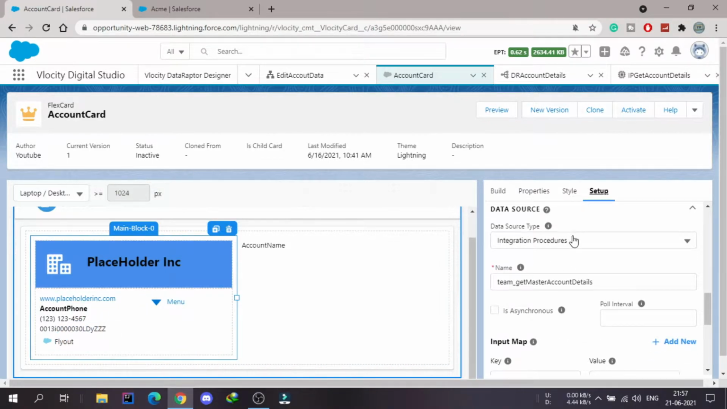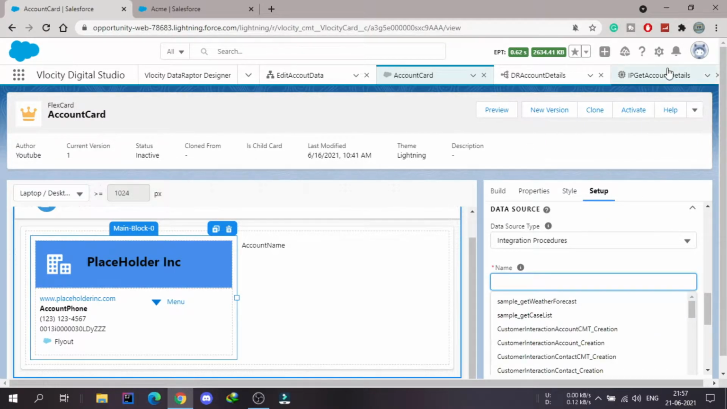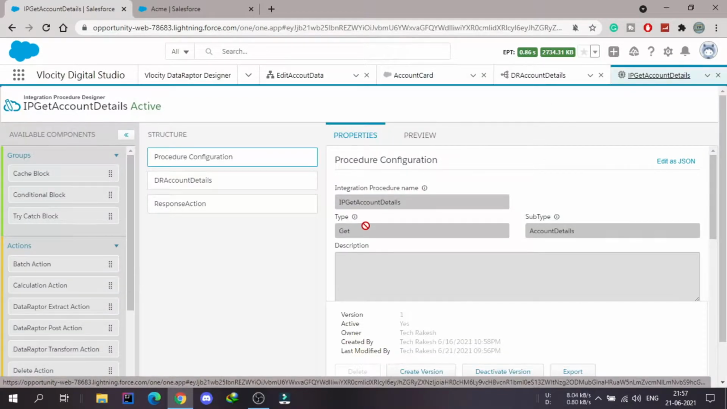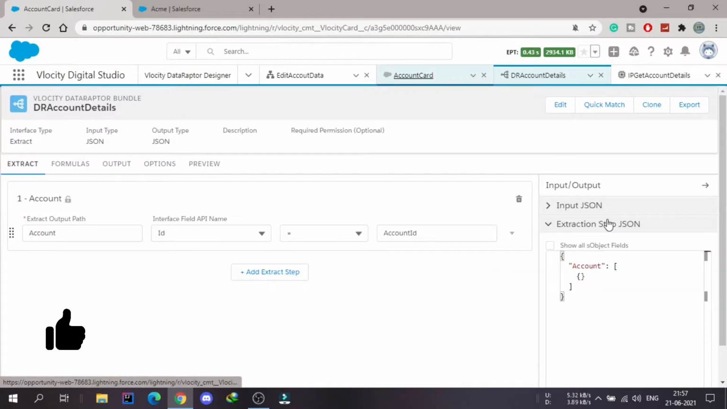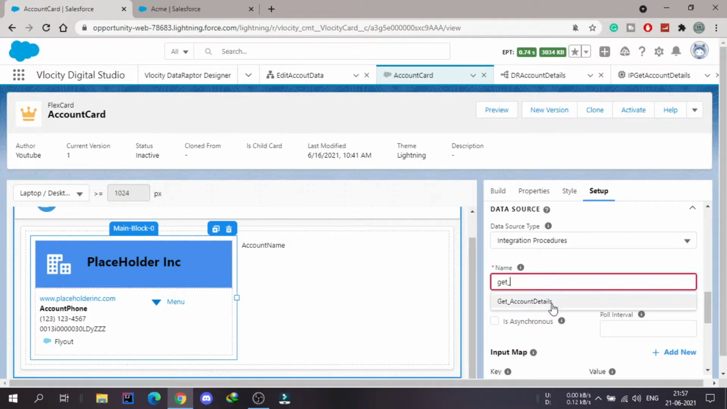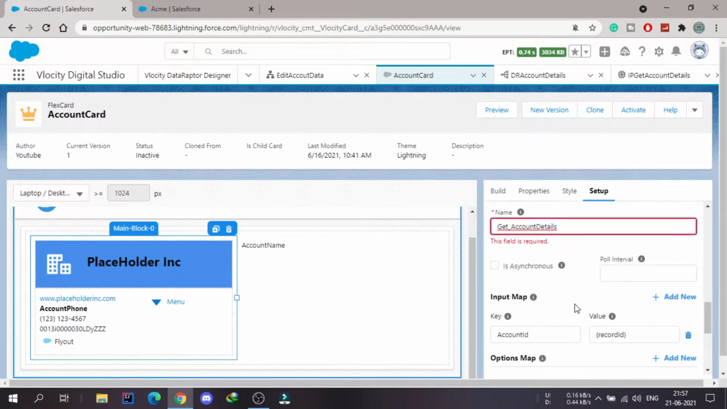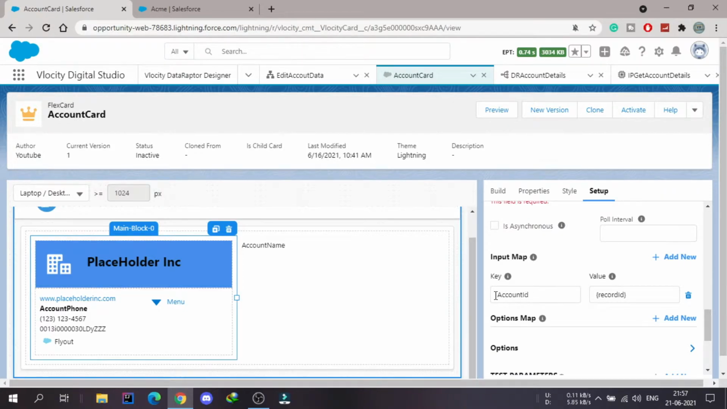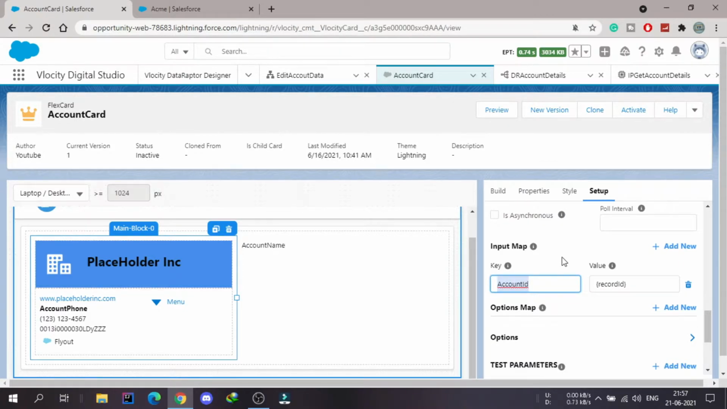This is the same, because we have developed the integration procedure, so I will just change the name of this integration procedure. Let me go back to that integration procedure. The name of the integration procedure is get account details. So I will use the same thing here: get underscore account details. I need to select this, and inside the key value pair I need to provide the account ID, because